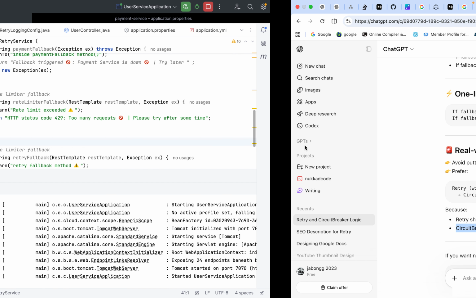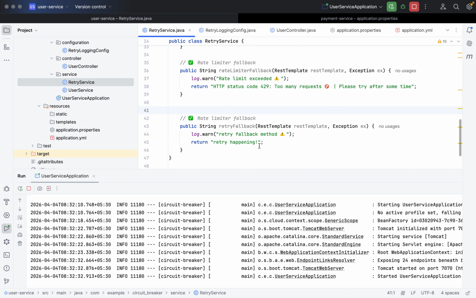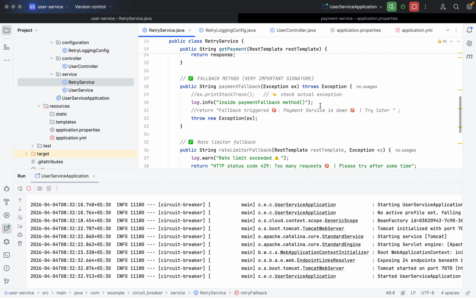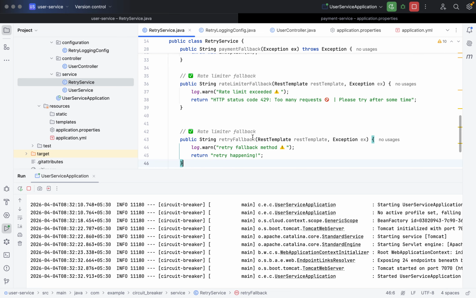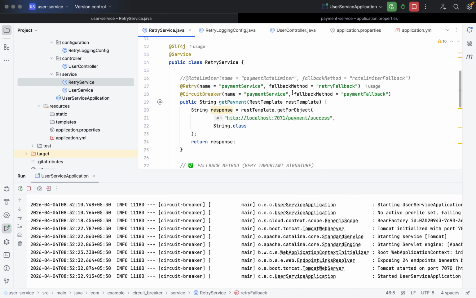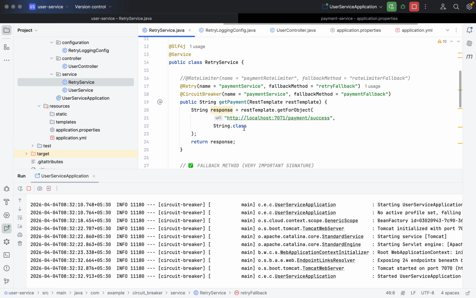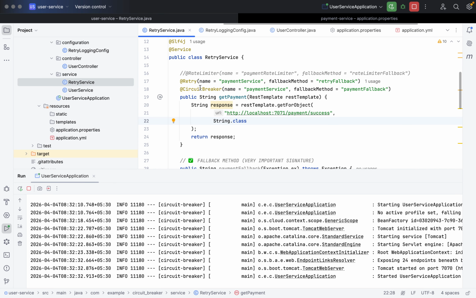Okay, now let's see if retry fallback is triggered or not. After everything, what should happen in this case? Here you can see first the payment service is down, so an exception would be thrown, and that would be caught by circuit breaker.